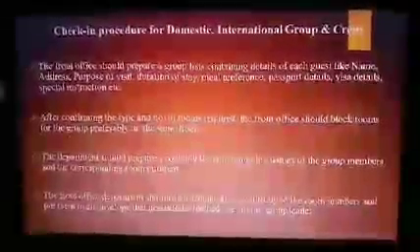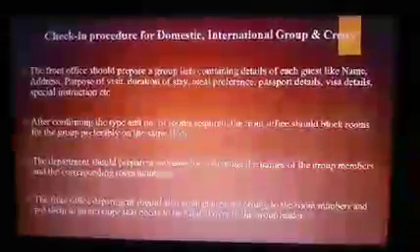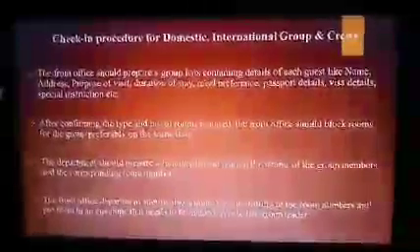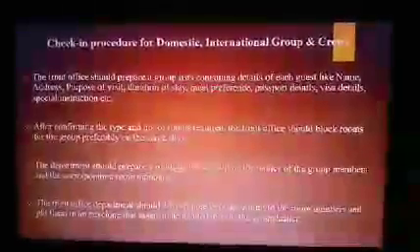After confirming the type and number of rooms required, the front office should block rooms for the group, preferably on the same floor. The room types requirement will be given by the person responsible for the booking. That could be a group leader who will be there along with the group and who will take responsibility of the group, and he will also make sure that whatever details are not provided to the hotel will be given by him at the time of check-in.